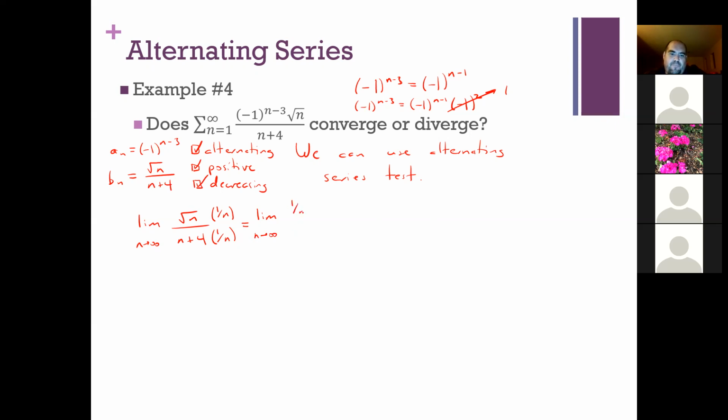So this power of n is going to be -1/2. The n is going to become 1. And this is going to become 4 over n. So basically, now the largest power of n that I have is 0. And since I'm letting n go to infinity, all these limits are going to be finite. So 0 over 1 plus 0 is 0 again. So what does that mean about this series?